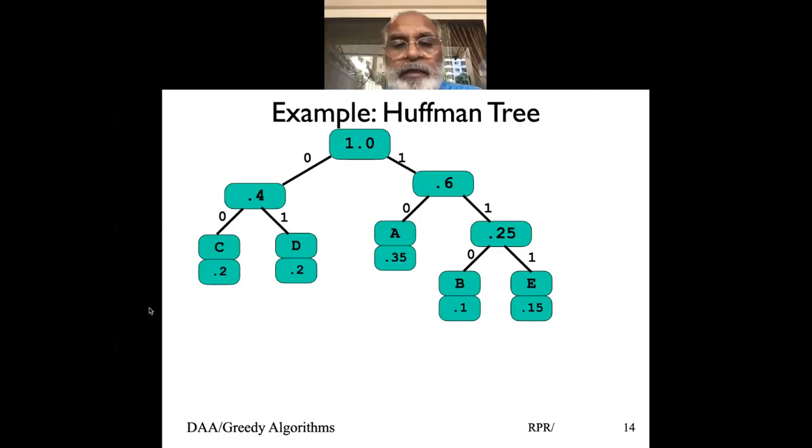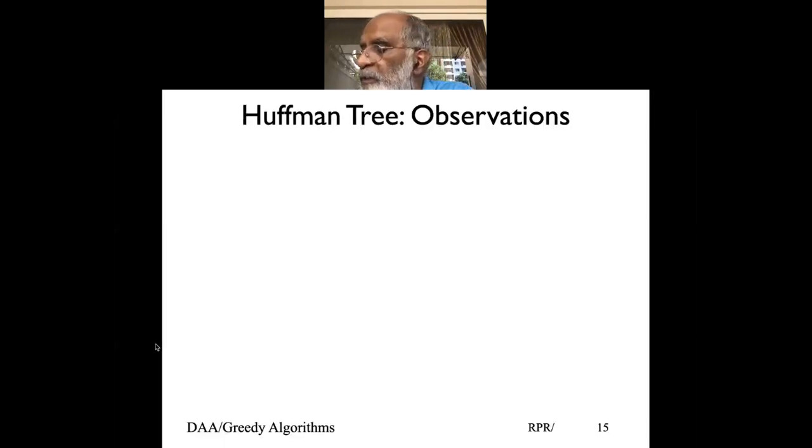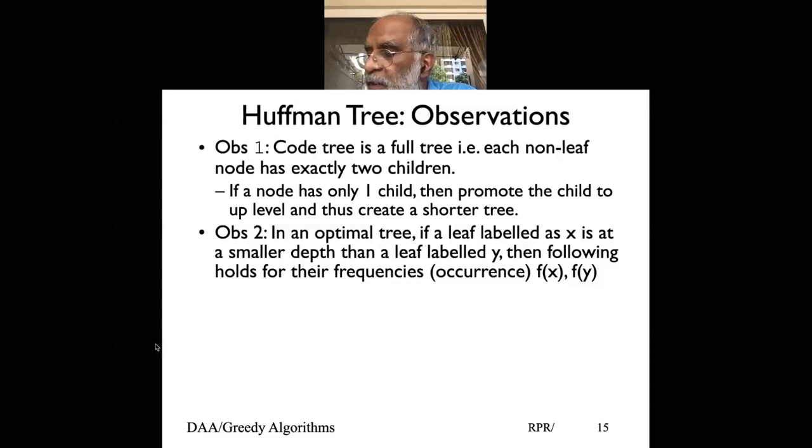So you look at my observation which we are looking at. Let me go back. So the first observation was that it's a full tree. Second is, a node with a smaller depth has a higher frequency, and a node with a higher depth has a lower frequency. And that means, you can look at it from the previous case,